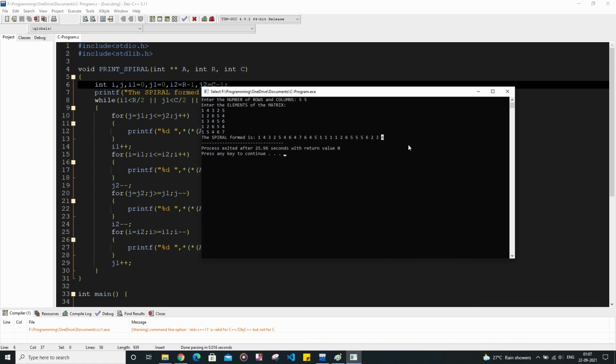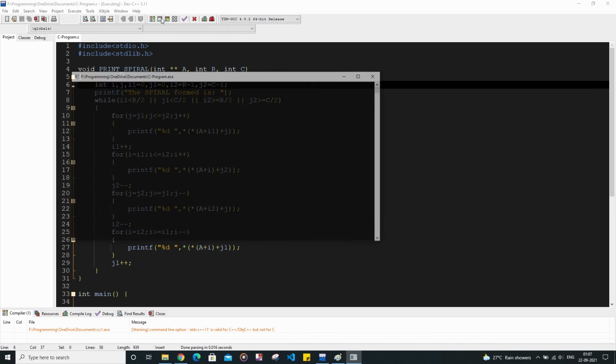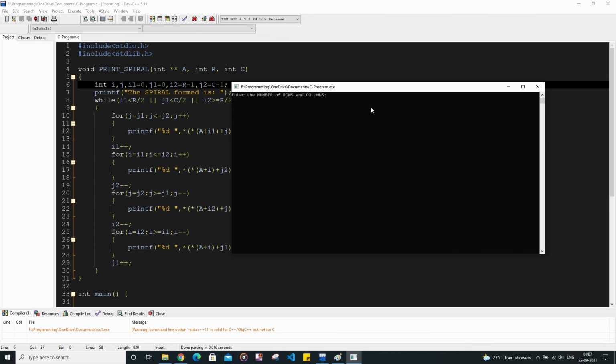Now let us take another example, and this time we are going to take the number of rows and columns as an even number. So let me take 4, and enter the elements. The spiral formed is this one.